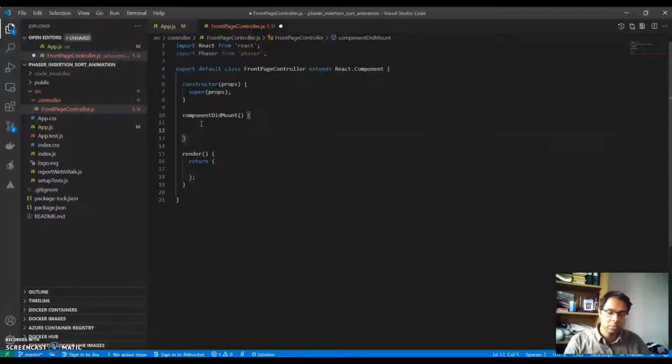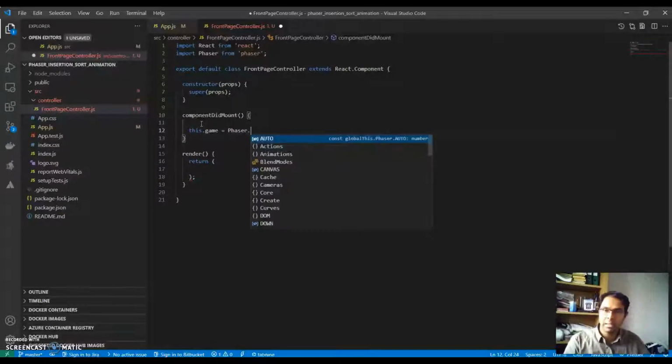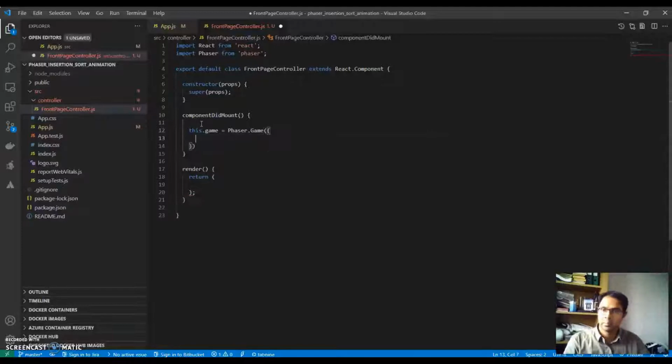So this game is equal to phaser.game with the config file, configuration object, and the configuration object